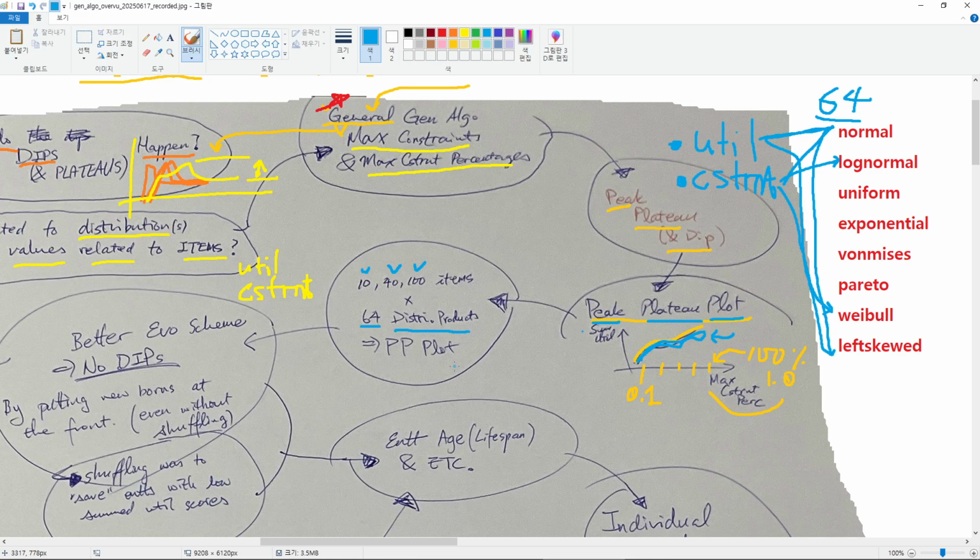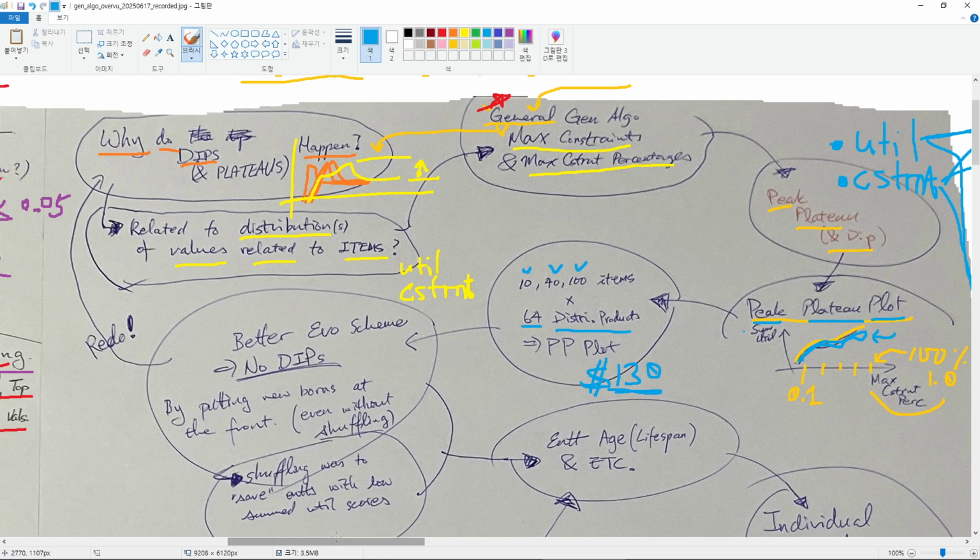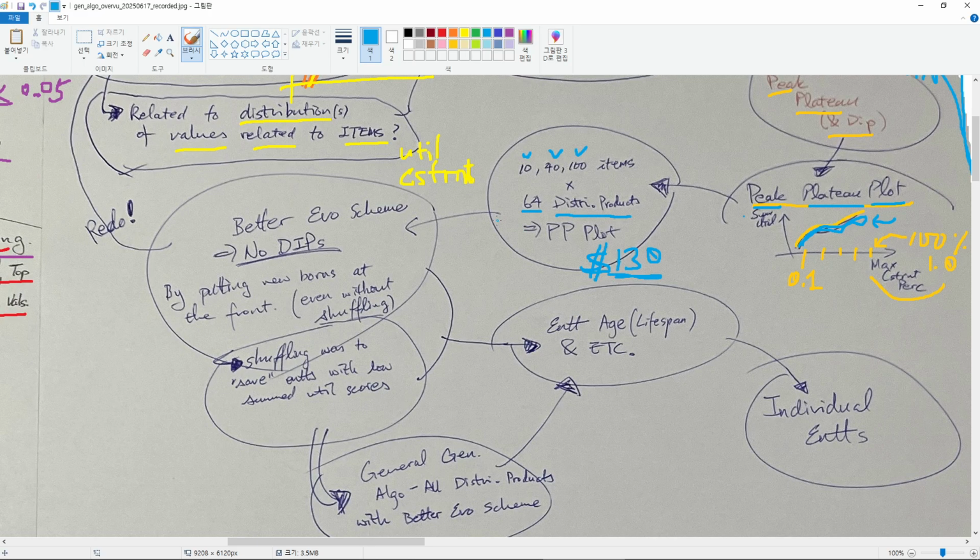I do remember having spent somewhere close to $130 because I wanted to try doing this on Google Colab, and because I knew that these two parts would take a lot of time, so I used the paid version of Google Colab, and it cost me $130, which was not worth it, by the way. So that was sad, because the way I coded everything does not utilize GPU, so I couldn't actually get my money's worth. So then I moved on,